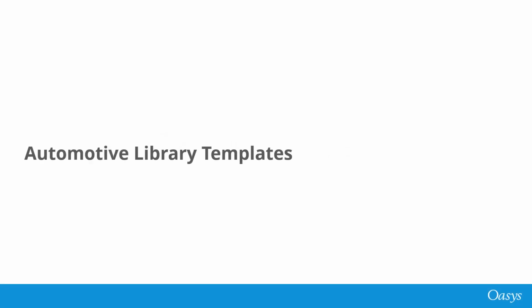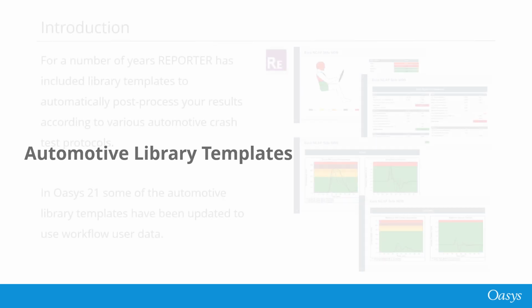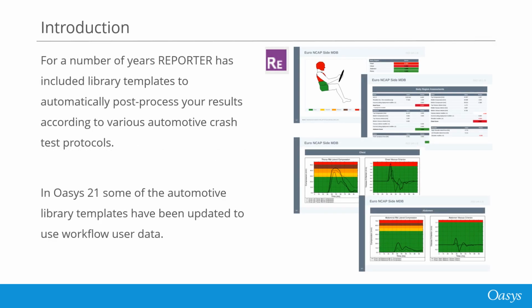This video will take you through the updates made to the Automotive library templates in Oasys Reporter 21. For a number of years, Reporter has included library templates to automatically post-process your results according to various automotive crash test protocols. They work by reading information from a CSV file that describes which entities should be used to extract